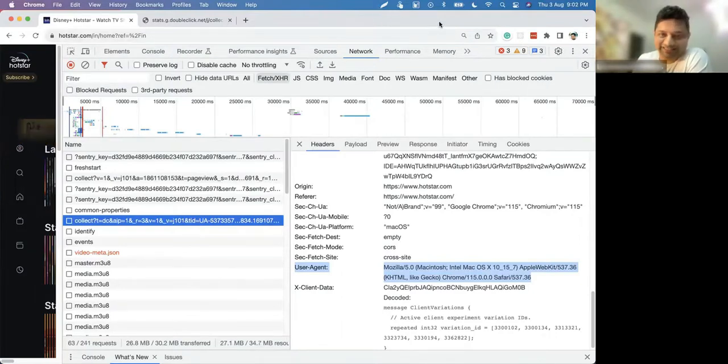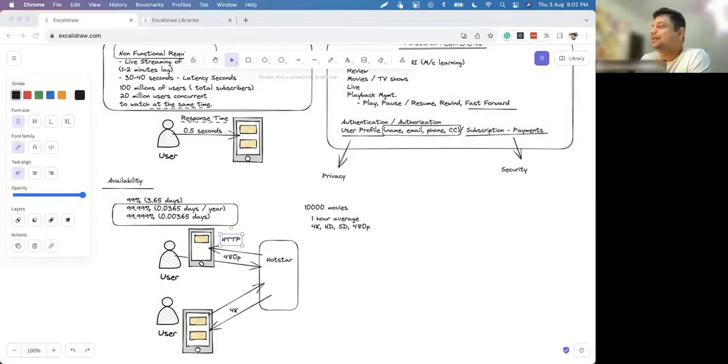What is the other way? This is for the browser, but this guy is using a mobile app. Even in a mobile app, it is even simpler, because when you install from the Play Store, you know what kind of device it is. That's another technique.